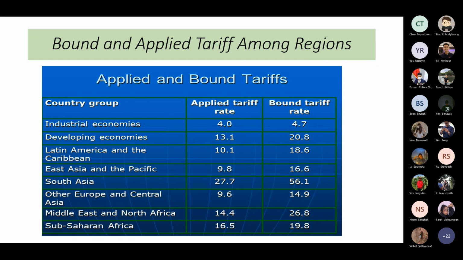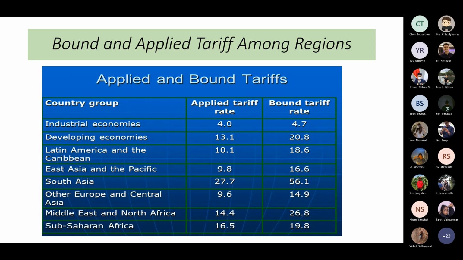So Europe and Central Asia have around 4% of the tariff overhang, the space between the bound tariff and the applied tariff. Middle East, that consists of the countries that are Islamic, the bound tariff rate is 26.8%, while the applied tariff rate is lower at 14.4%, around 12. Yes, around that level of tariff